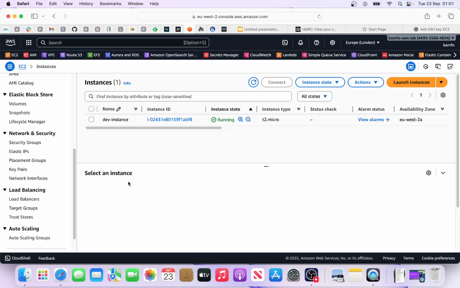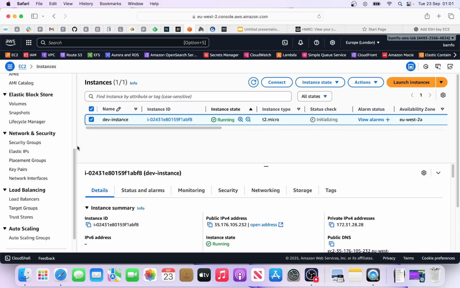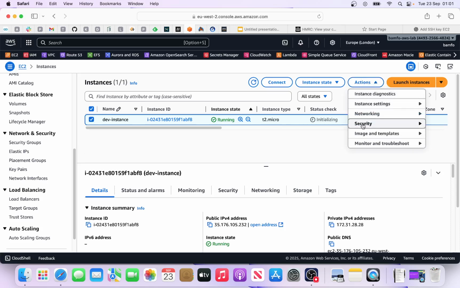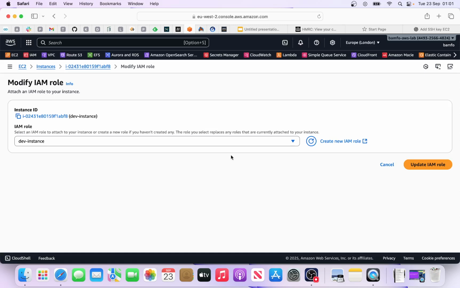So for example, if you want to check the role that is attached, you select this and then go to Actions, go to Security, and then the role, go to Modify IAM role. This is the role we created. What is the role doing? Let's go to IAM role. Let me show you. So IAM,